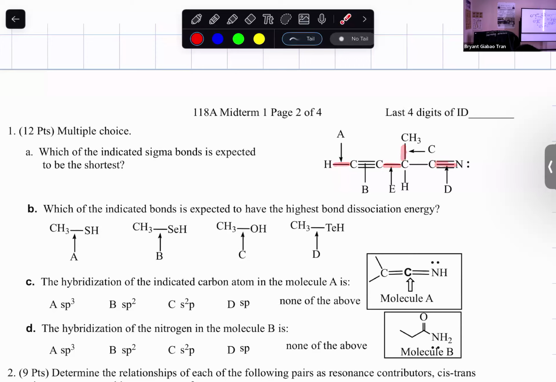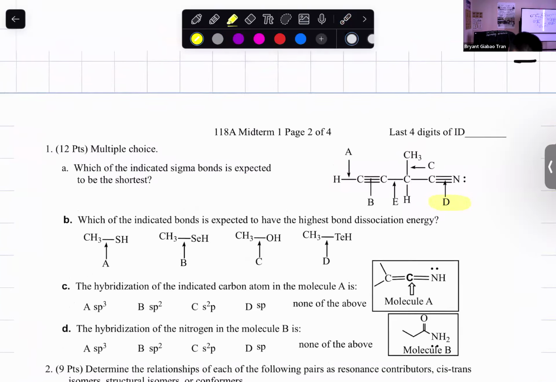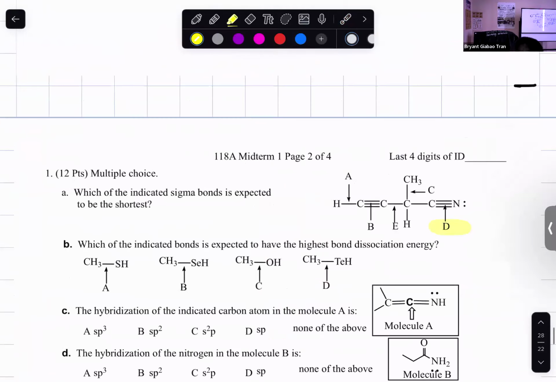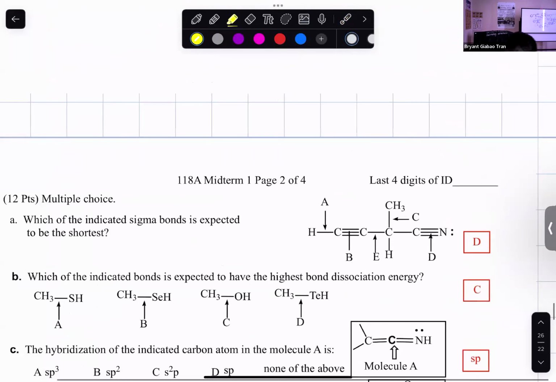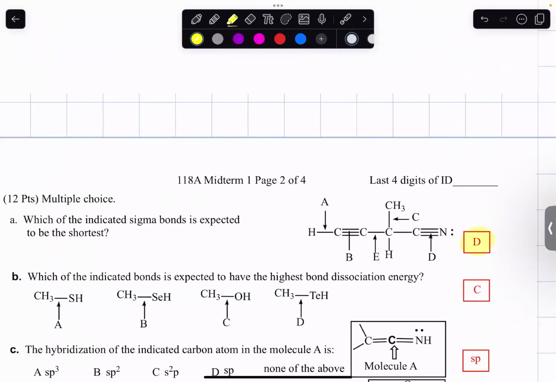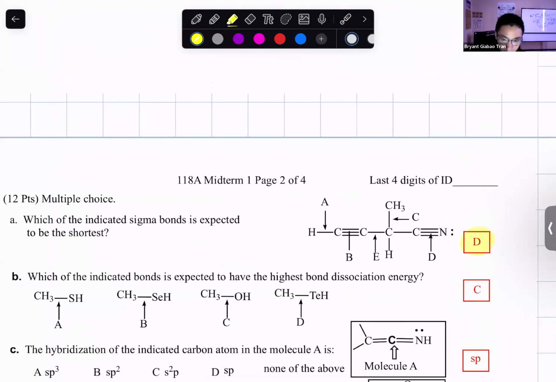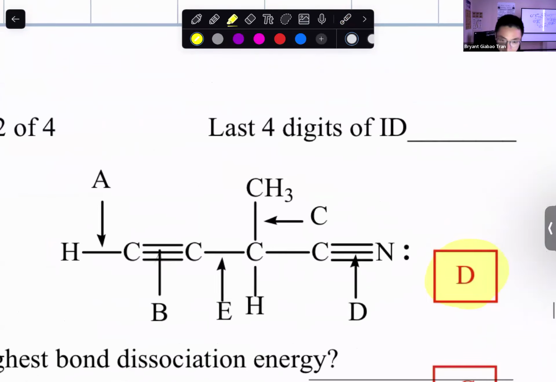If I had to guess, I would pick D. I'm not sure though. Let's check, and then if it's right, I'll explain why I guessed that. Let's see. A. Oh, okay. So it turned out to be D, and I guessed D because